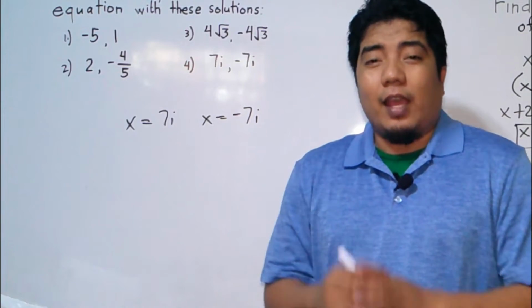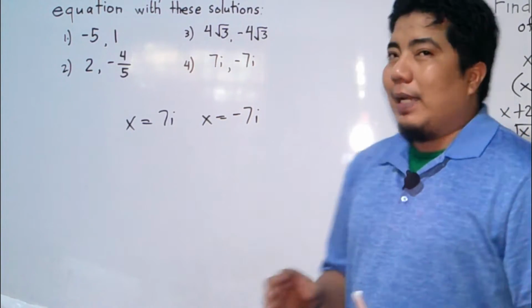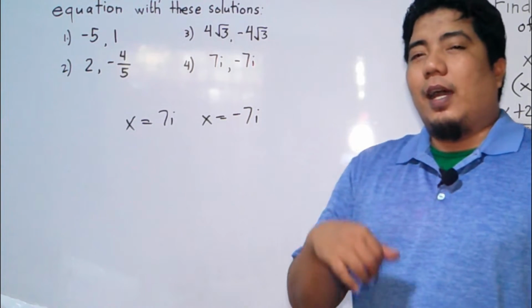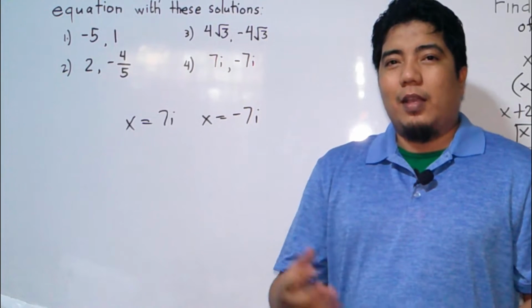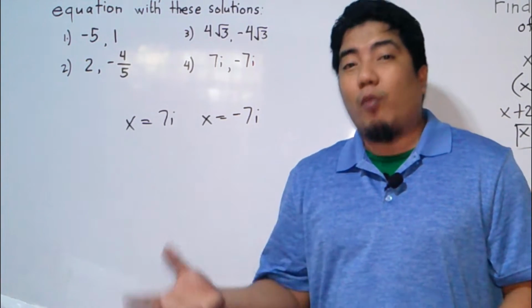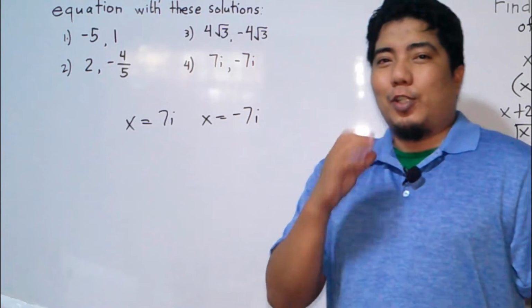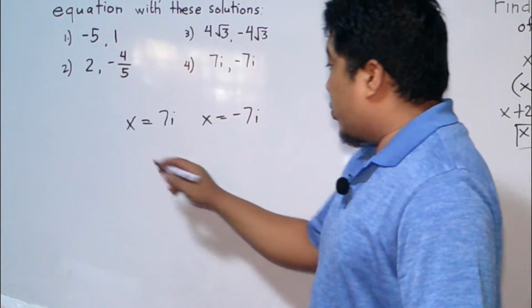So how do we get the quadratic equation with this solution? Remember that i means imaginary number, and i is technically the square root of negative 1. Okay? So, let's try to solve this one. So, what we will do here is we